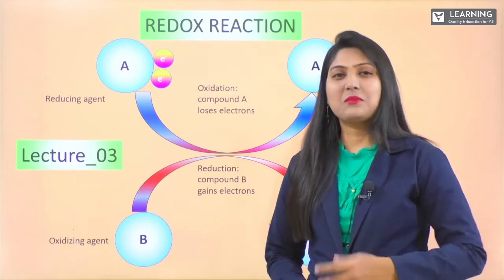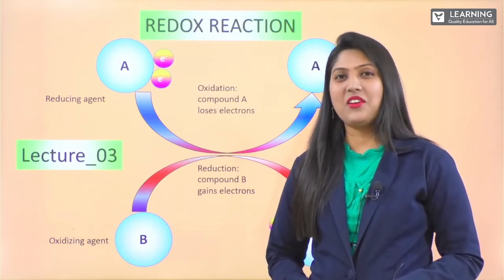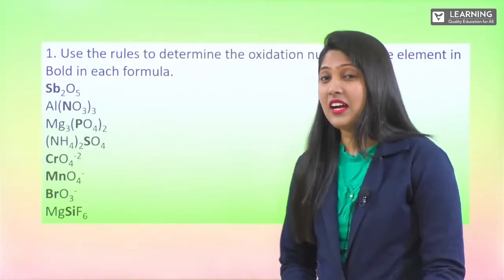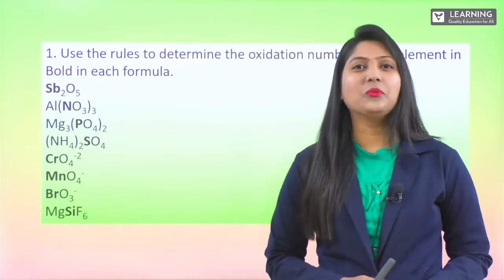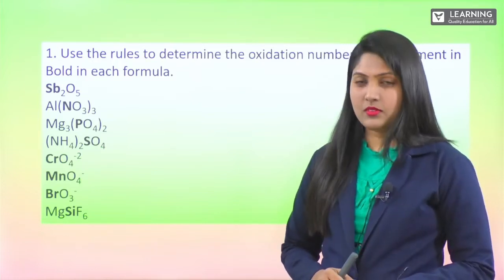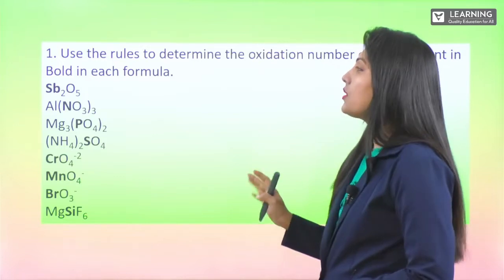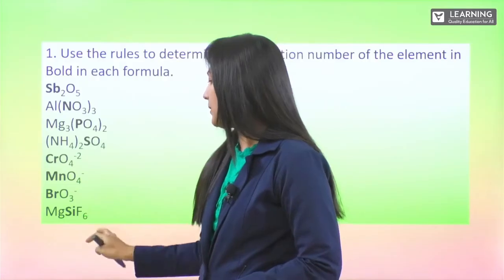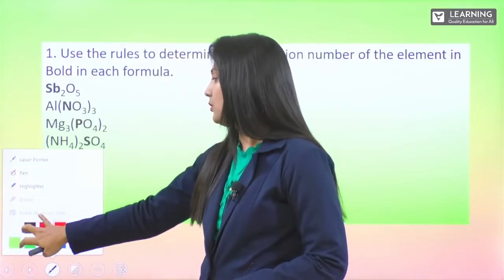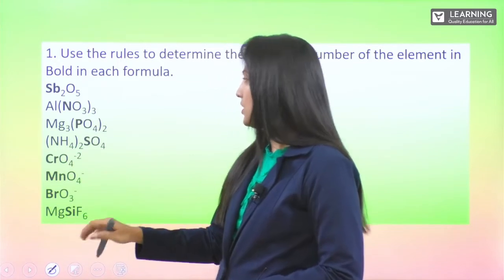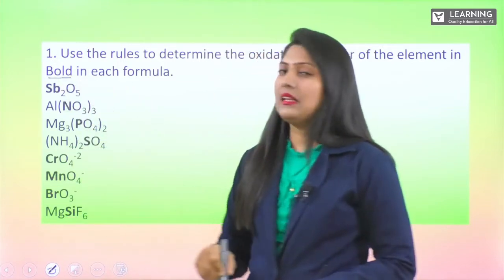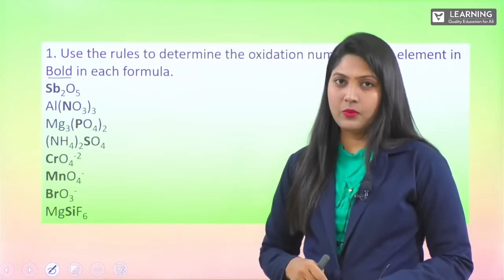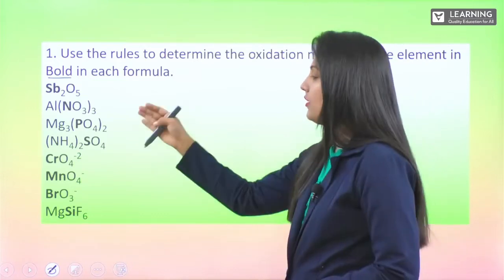If you have missed, get back to our web application www.v-learning.in. Fine. This is the homework which I have allotted you. Did you do this? What is the question about? The question was that for the bold elements, we need to find out the oxidation number of the bold elements in the given list. The first one I have already done for you and I have asked you to do the rest.